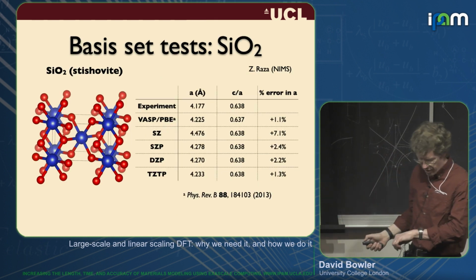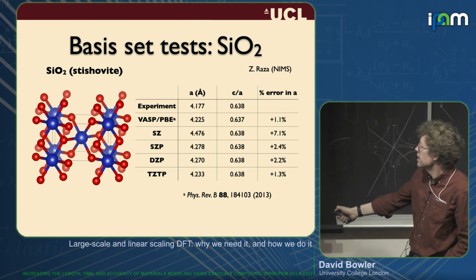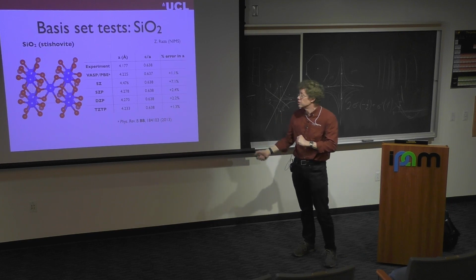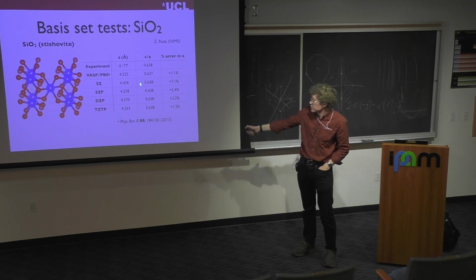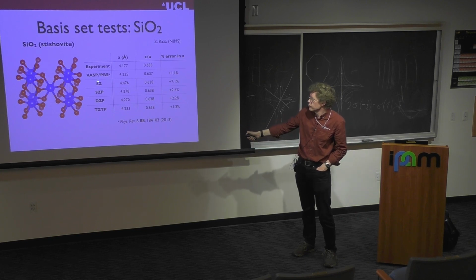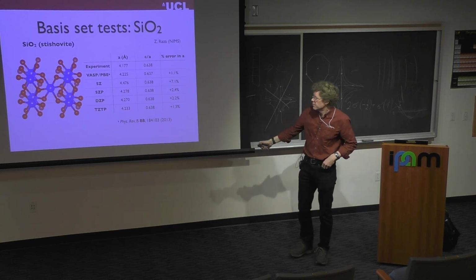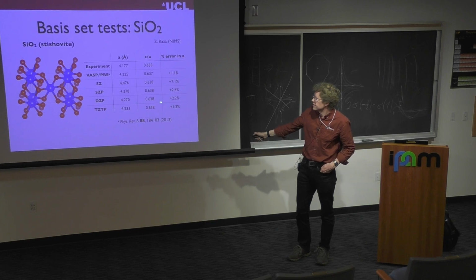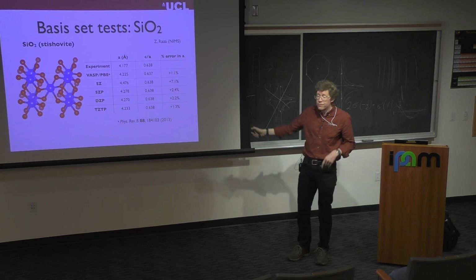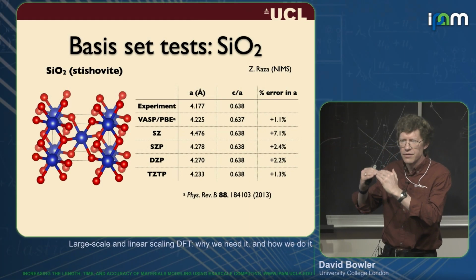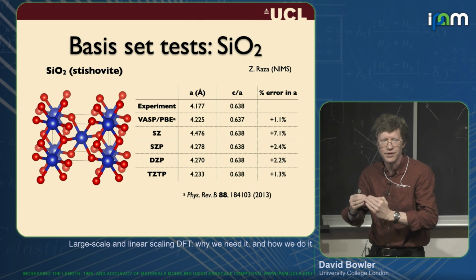And I can go through a bunch of different things here. So this is stishovite, and you can see here that comparing to VASP, which is using a completely different set of pseudopotentials, we can converge to essentially the same number. And you can see how these things converge as you change the basis set size. So we wouldn't recommend using single zeta. You can use single zeta polarization if you really need to go quickly, but DZP or TZTP is a very, very good match to fully converged plane wave results. Okay, so all of these plane wave results, they're not at the getting-away-with-it level, they're at the fully converged level.